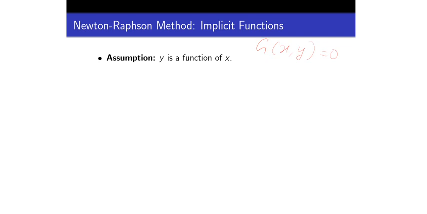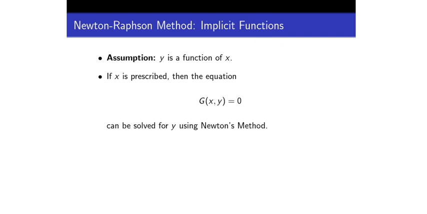So you need to prescribe x. Okay, if x is prescribed, then the equation can be solved for y. So x is prescribed means for x equals, let's say, 0 or 0.1, this is fixed, and this is a function of a single variable, y, and then Newton's method says that you have